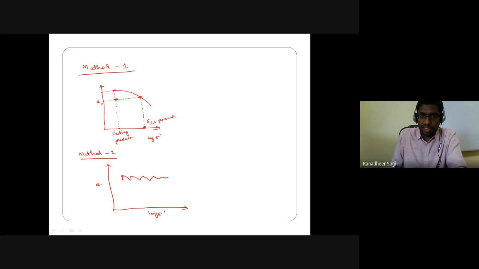I'll continue this process. At some point, we see that though you are adding more water, you are not seeing much change in the volume of the soil, which indicates that there is no further change in volume taking place. This represents that there is no change in the void ratio in that soil, because the swelling caused by the excess water still available with the soil is counterbalanced by the external pressure applied on that soil.